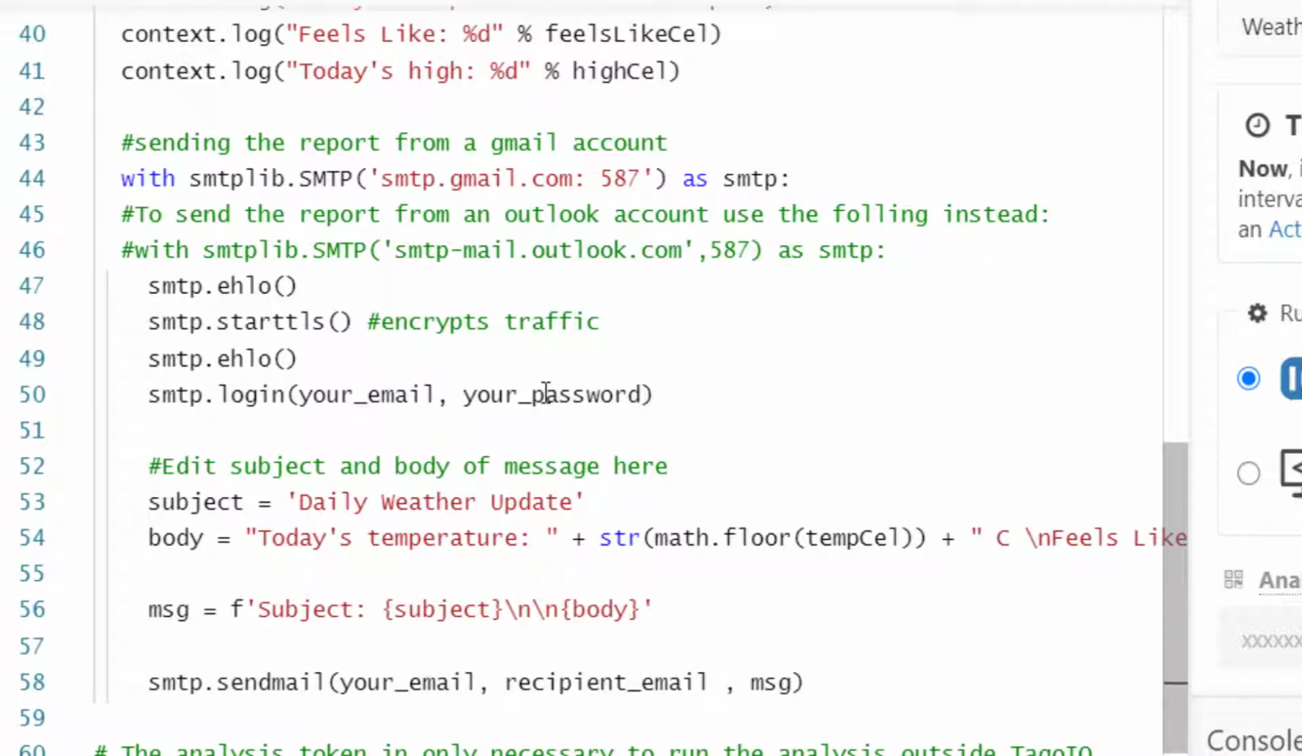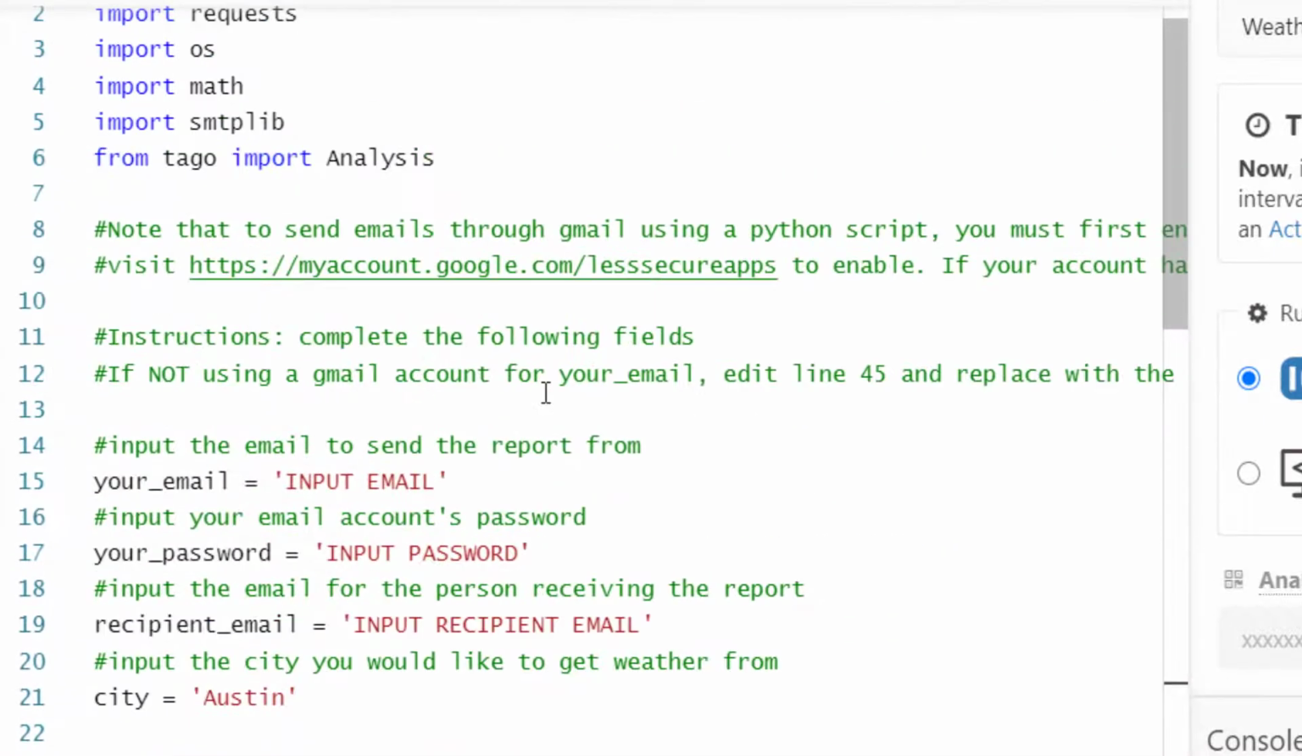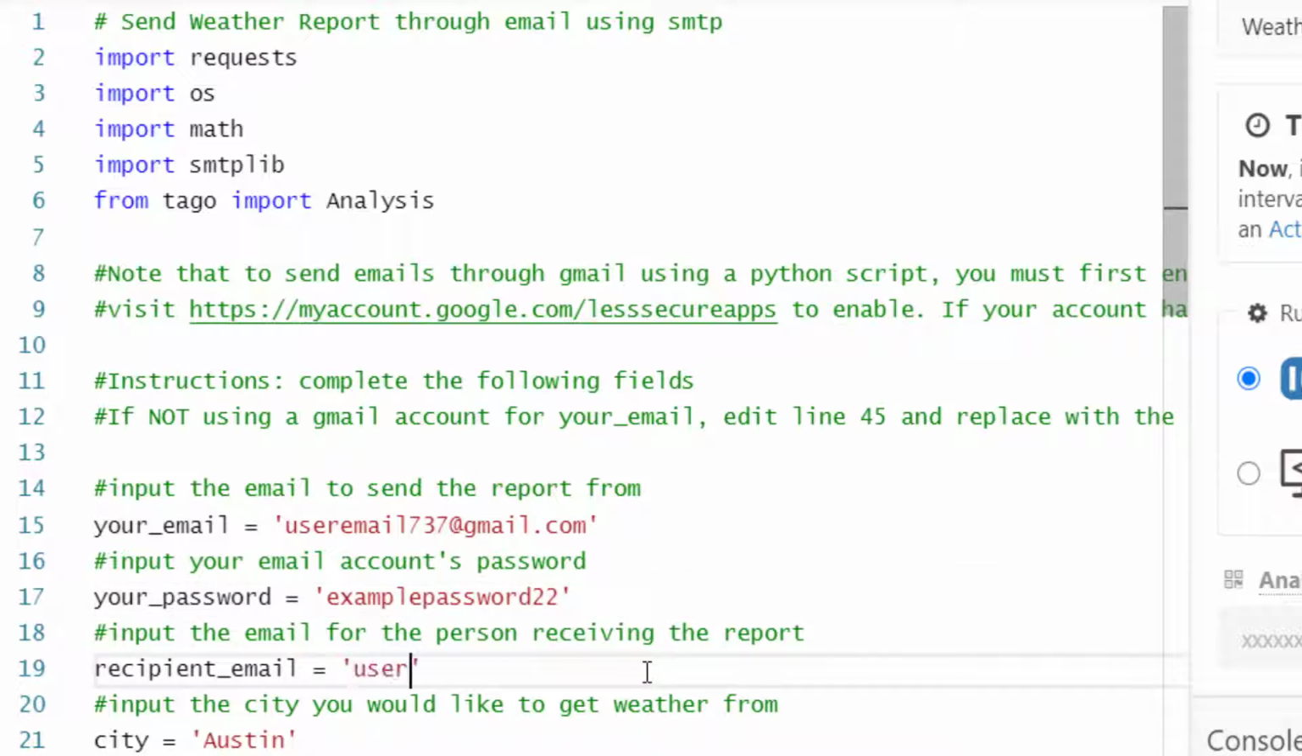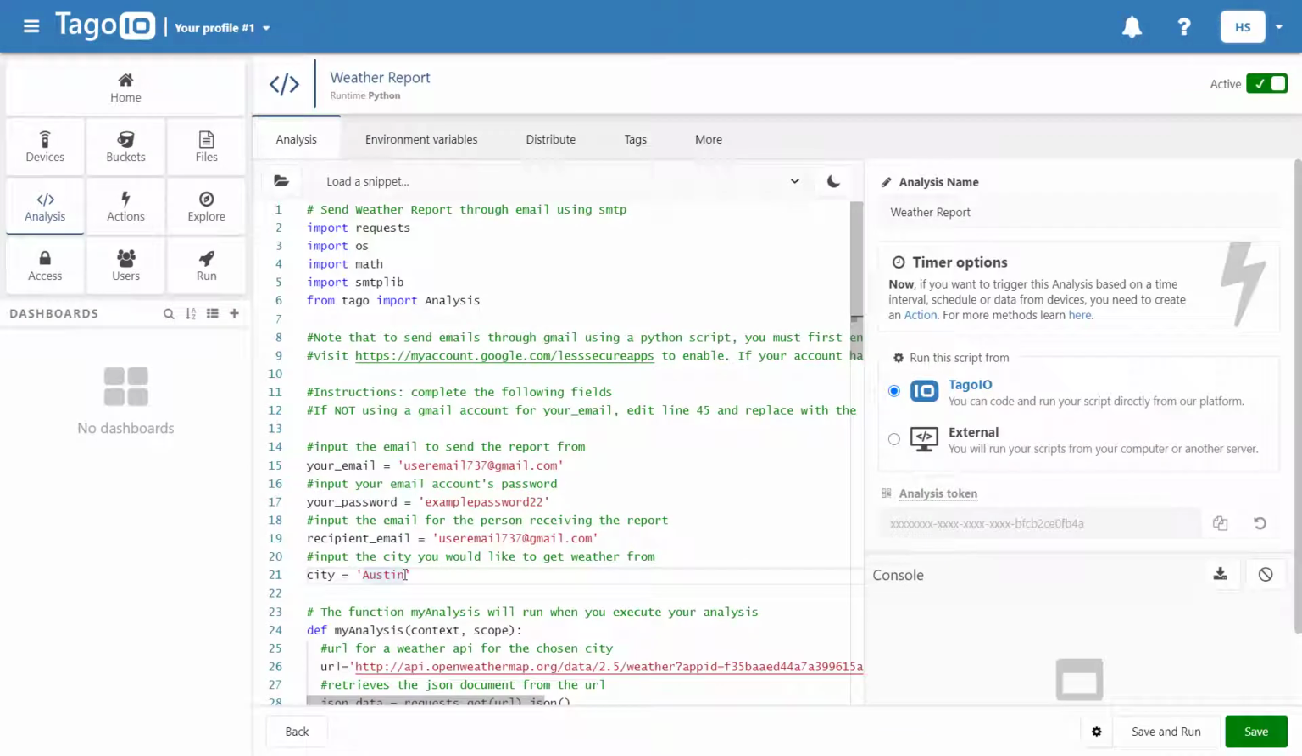Now to complete the script, I just need to input my email, the email's password, the recipient email, and the city I would like to retrieve the weather data for. Once the fields have been completed, save the script, and if you're using a Gmail account to send the emails,